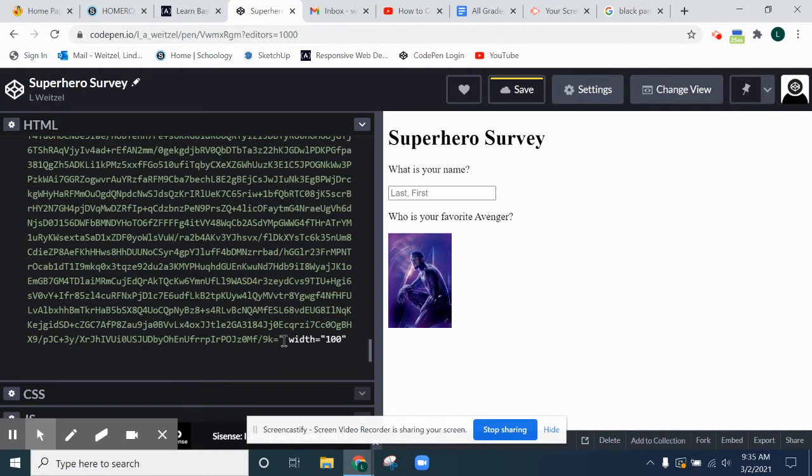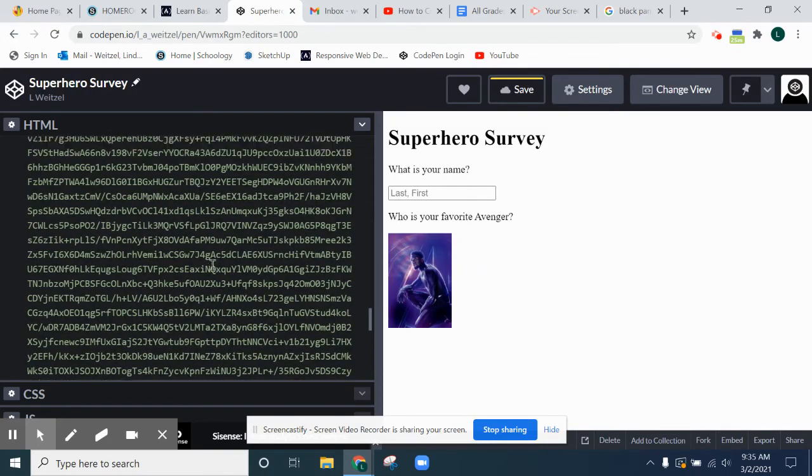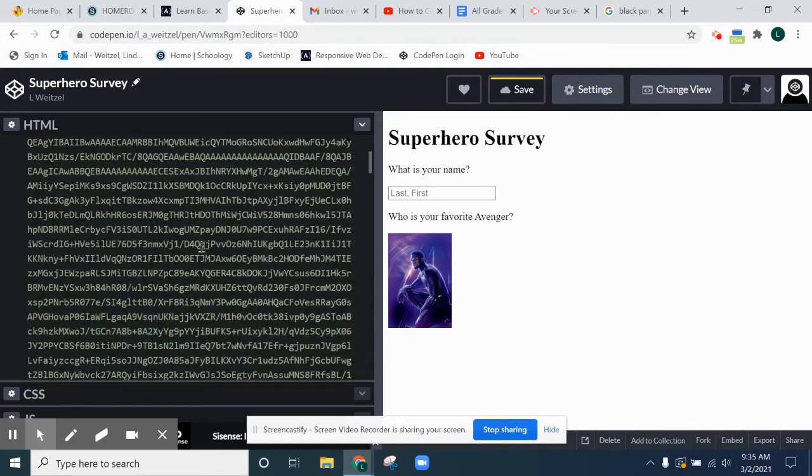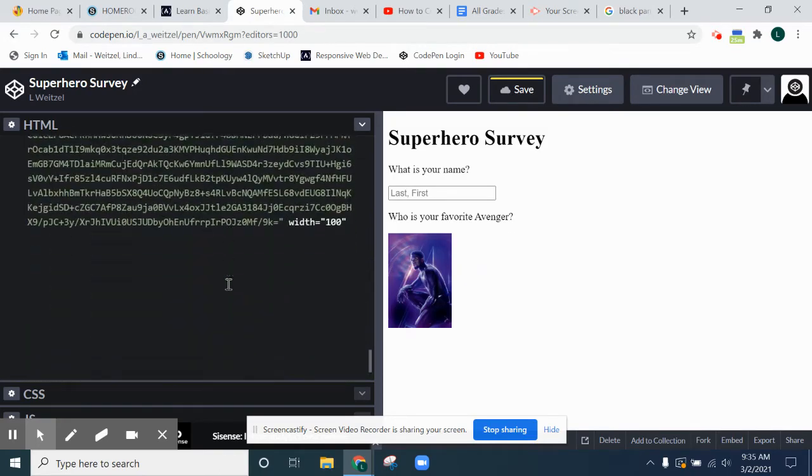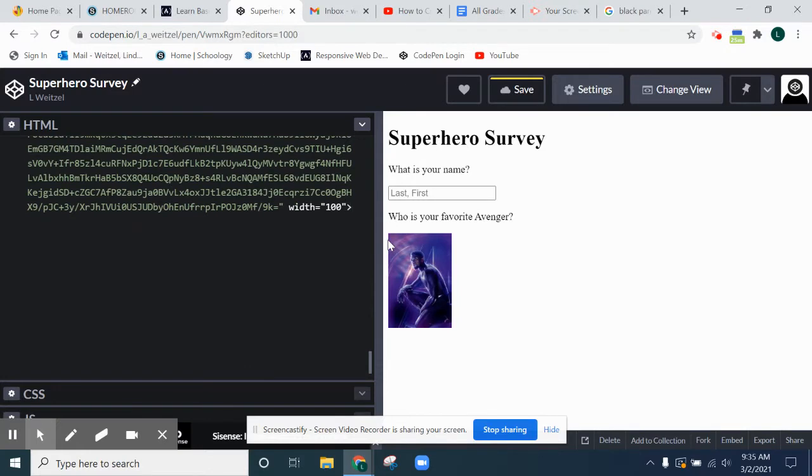All right. Now, image tags are self-closing. So we just need the one at the front and the one at the back. Okay, like that. Then I'm going to stack another image here. Image. So we're going to go source equals, and for this one,